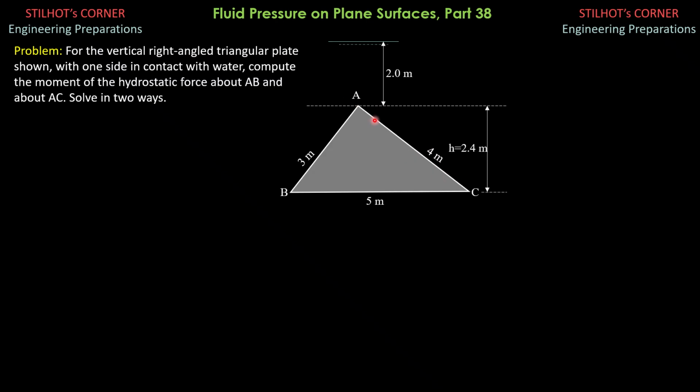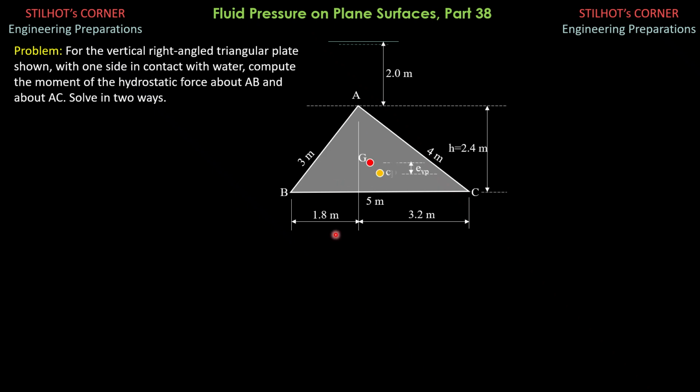Then, knowing this is 2.4, by the Pythagorean theorem, this part is the square root of 3 squared minus 2.4 squared, and the remaining part is the square root of 4 squared minus 2.4 squared. Check that it is 5: 1.8 and 3.2. Again, 1.8 is the square root of 3 squared minus 2.4 squared, while 3.2 is the square root of 4 squared minus 2.4 squared.